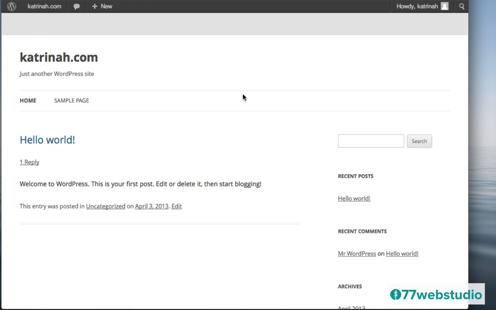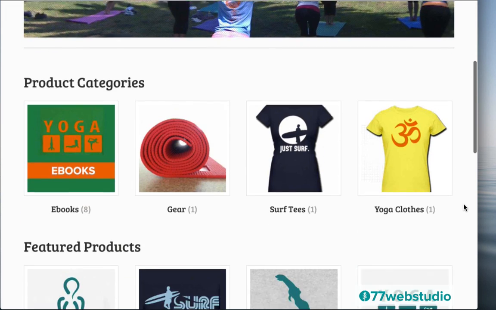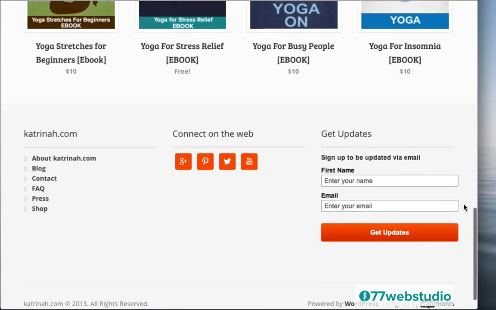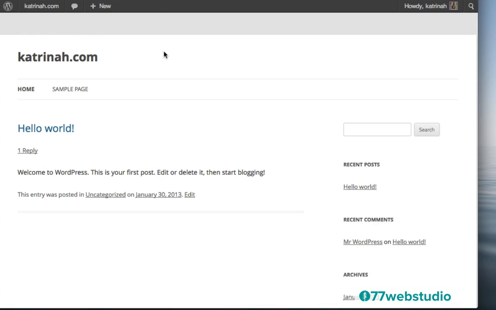And here we see this is what the website looks like now without doing anything. So it's pretty bare bones. This is the 2012 theme that comes with your WordPress installation, and we'll be making quite a bit of changes so that it will end up looking like this at the very end. So this is what we're headed toward, but for the moment our website looks like this. So let's go back to the dashboard and start building out this theme.